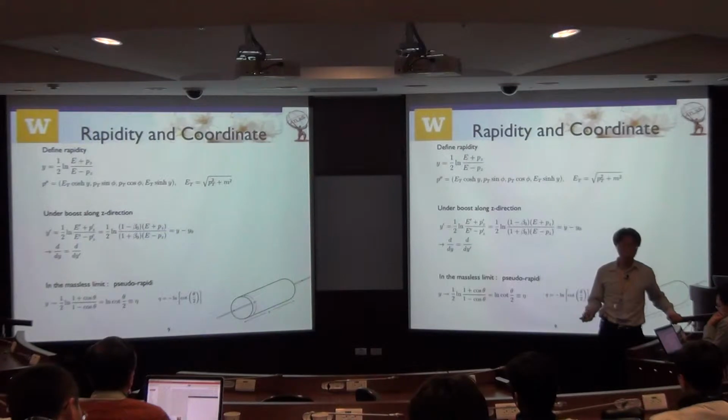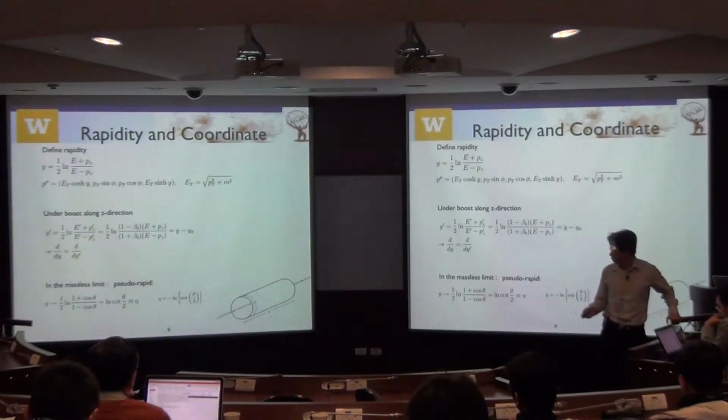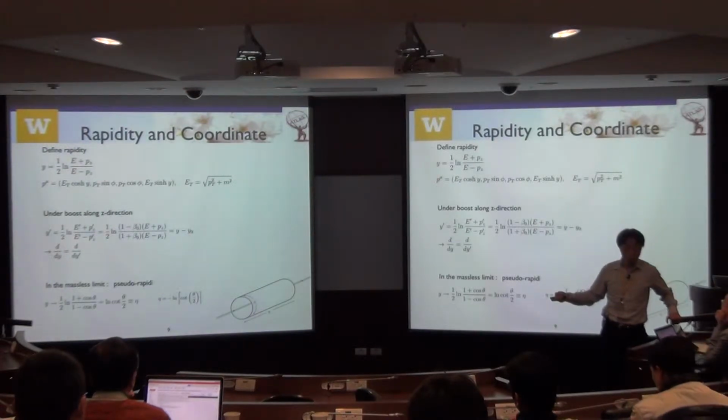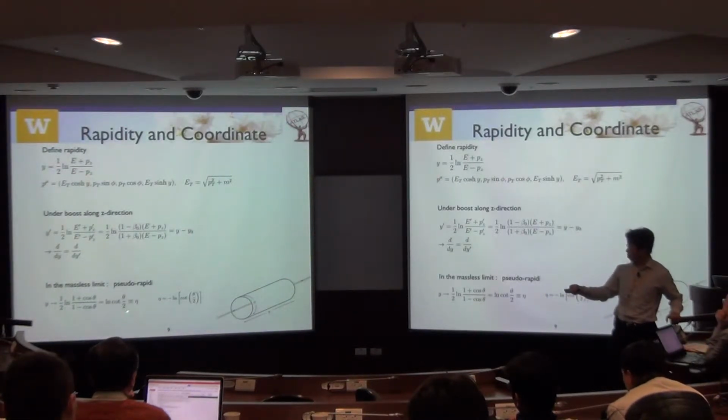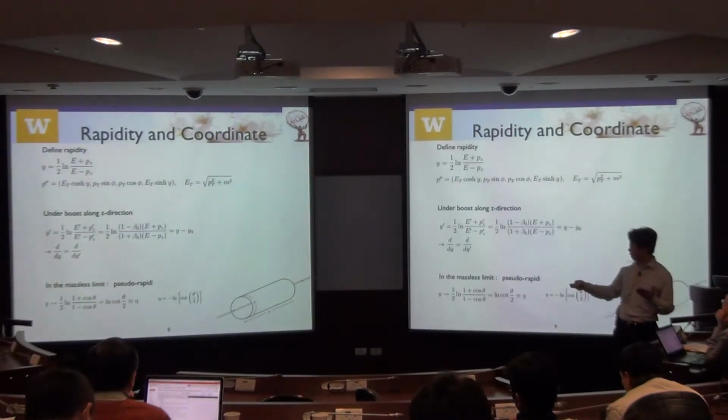And usually, instead of using rapidity, we will use the pseudo rapidity, which makes all the calculation easier. So if you look at the relation between the pseudo rapidity and the polar angle, theta is defined along the z-axis. This is your polar angle. So you can see a very nice